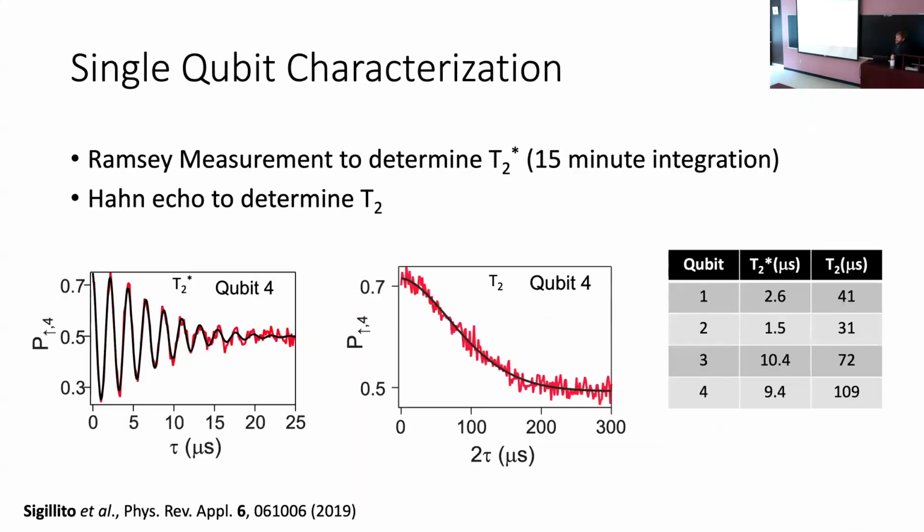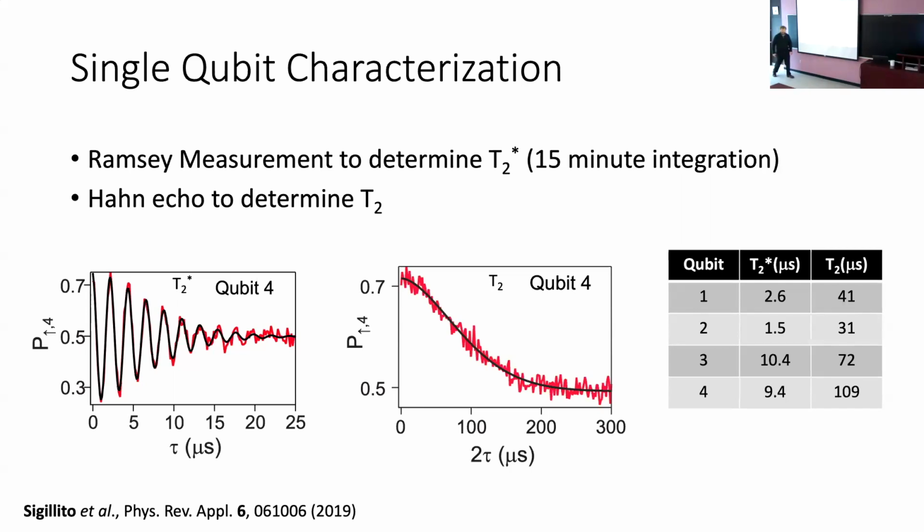All right, so once we find a qubit, we want to know how good it is. Remember, we need coherence times that are long compared to the amount of time it takes us to do an algorithm. There are two metrics that I'm going to look at here that are often quoted, known as T2 star and T2. For those of you who are experts in the field, T2 star is basically how long I can store information if I do nothing to it, if I just let it idle. T2 is how long I can store information if I play a little trick that filters out some of the